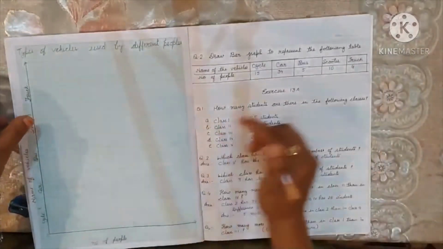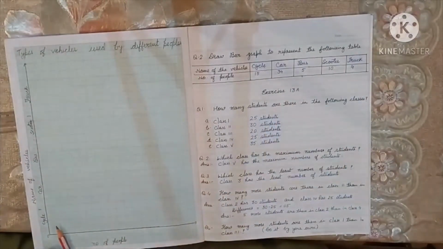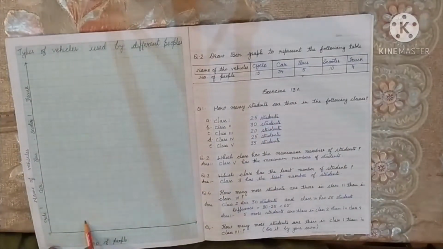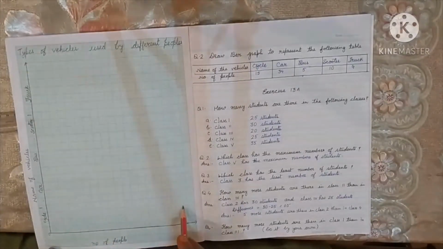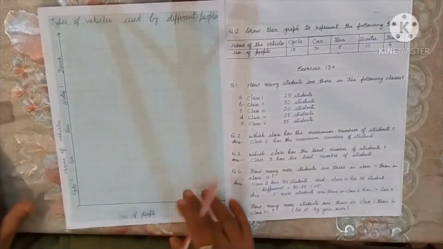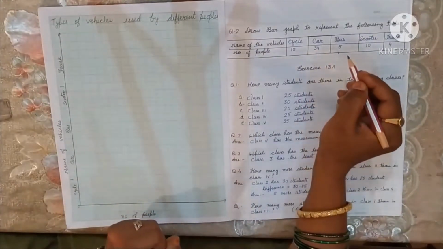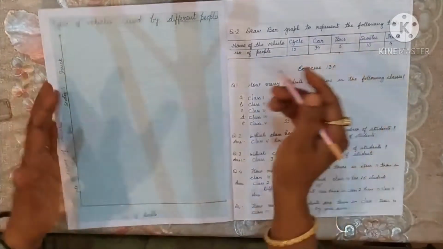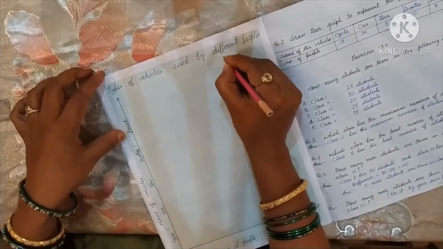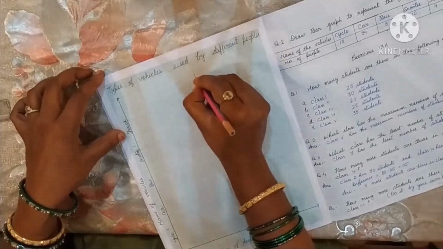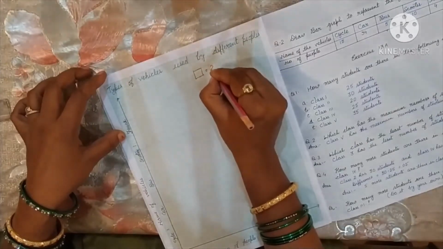Now if you see the chart, the maximum number of people is 34, and we don't have 34 blocks here. 1, 2, 3, 4, 5, 6, 7, 8, 9, 10, 11, 12, 13, 14, 15, 16, 17, 18, 19 blocks are there. It means we are not able to represent one block as equal to one person. So what we will do, we will make a scale here. One square represents 2 people.